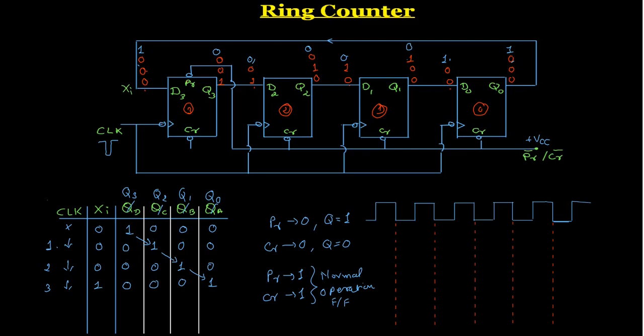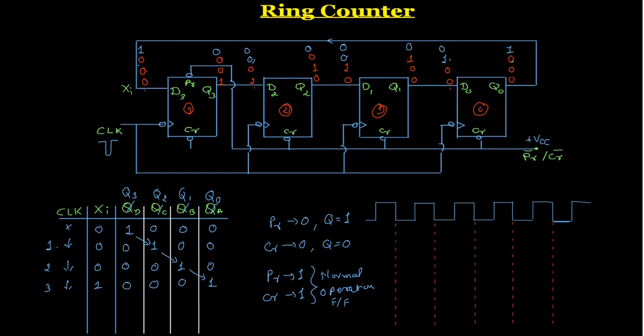Then we see the fourth clock pulse. Okay, before that, let us see what the new inputs to the flip-flops are. The input to flip-flop number 3 is 1. Now the input to flip-flop number 2 is going to be 0. The input to flip-flop number 1 is this 0 which appears here, so it is 0. And the input to flip-flop number 0, the final flip-flop, is going to be 0, so here we will write a 0.